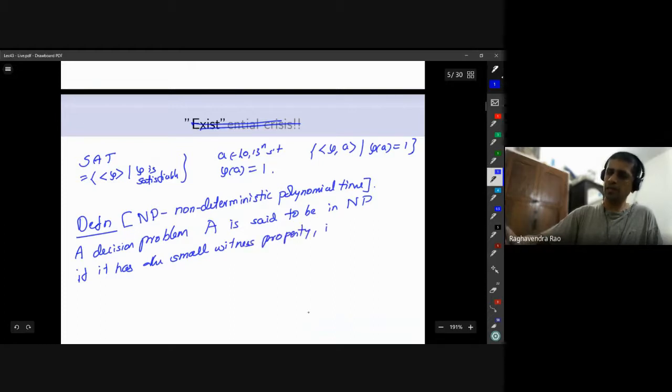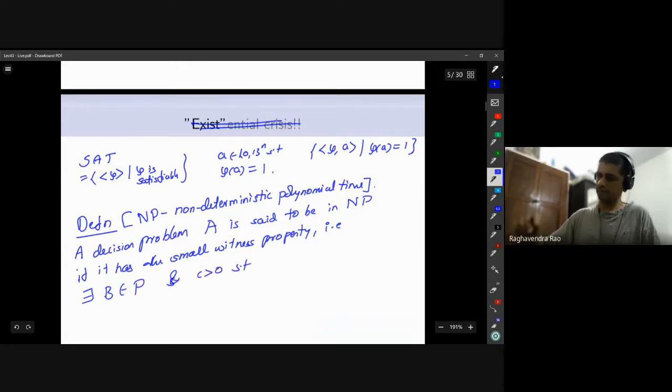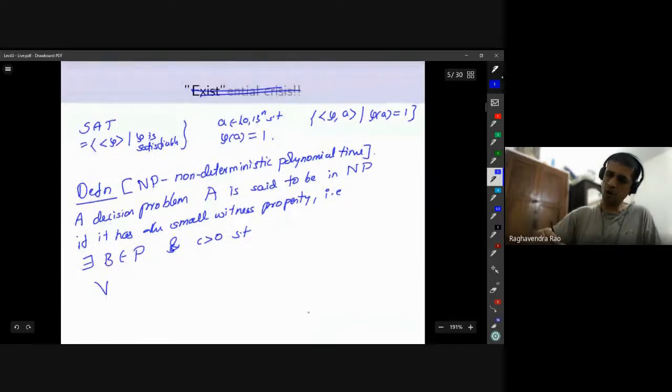Let's be more explicit, that is, there is a B in P and C greater than 0 such that for all x, that is, valid input,